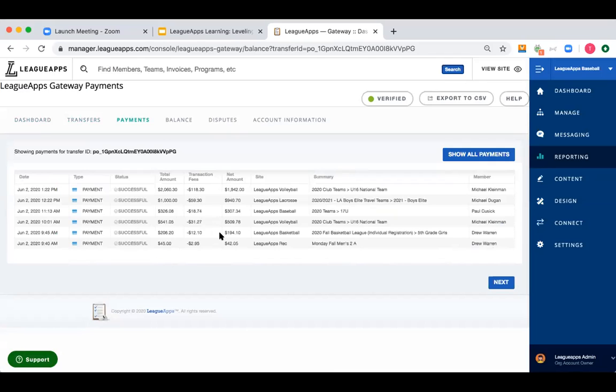Wonderful. And yep, this would list your refunds. And then a common question we get here as well is sometimes where it says payment under type, you'll see that's a refund if it's a refund. And then there's also this word called adjustment. We get a lot of questions on that.